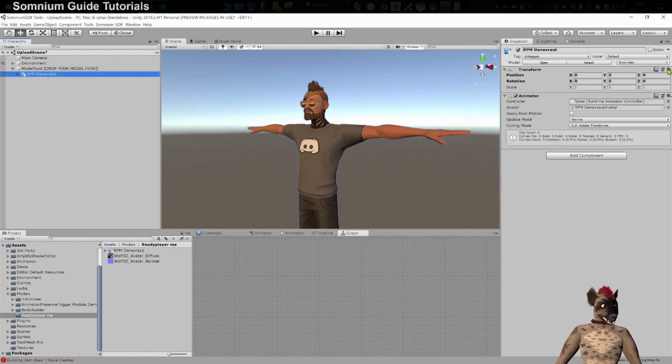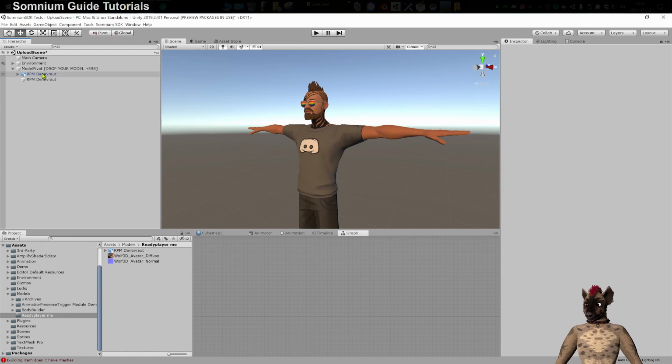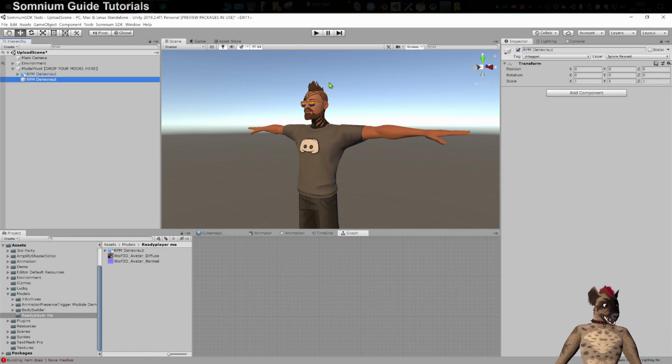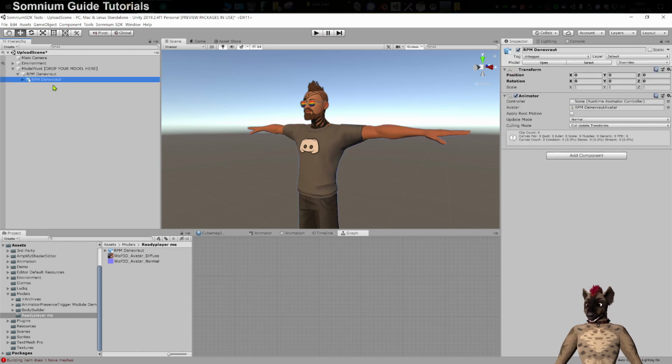Make sure it's on 000 under model pivot. You can do reset here with this gear. First thing I need is right click on model pivot, create empty, rename. I will just use the same name, and make sure it's 000 inside model pivot. I will drop my FBX file here,